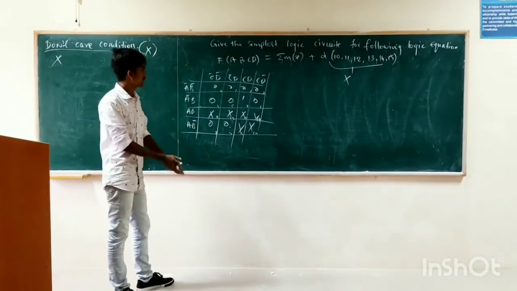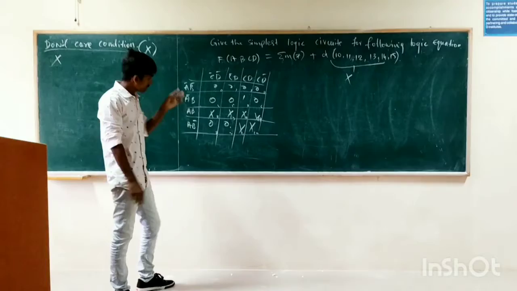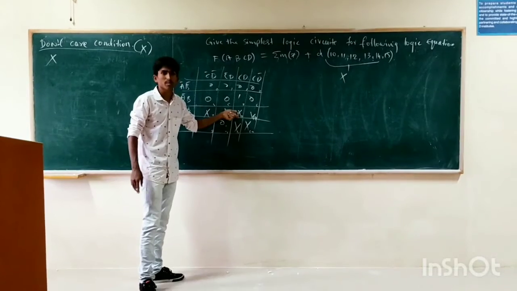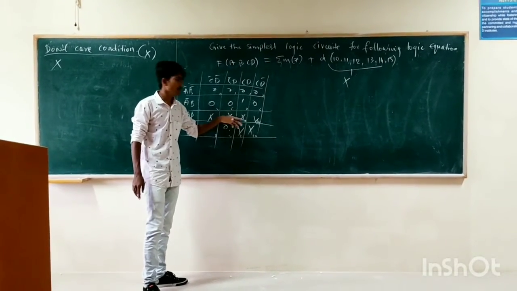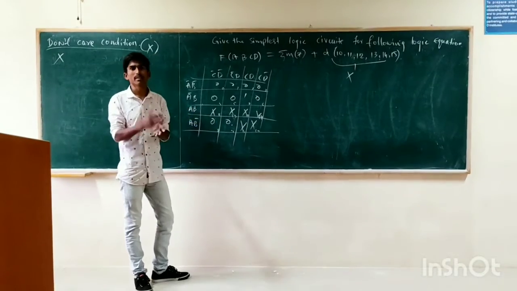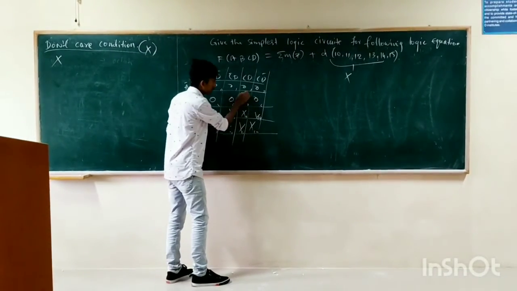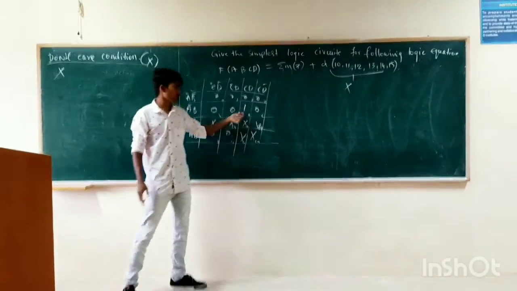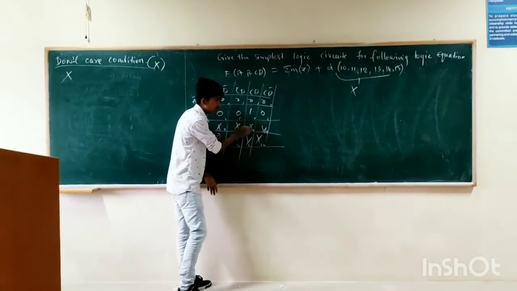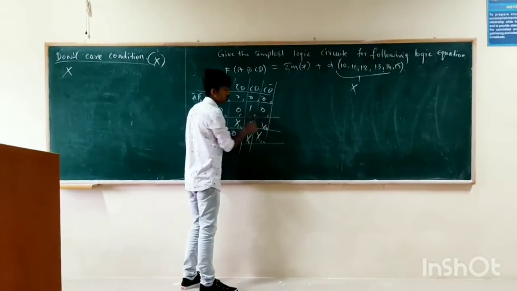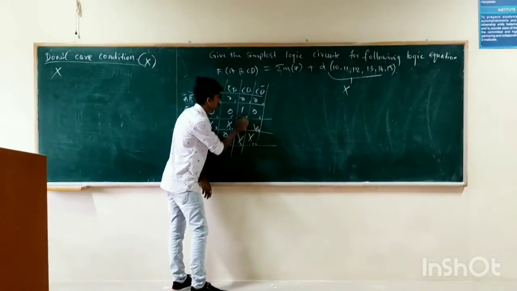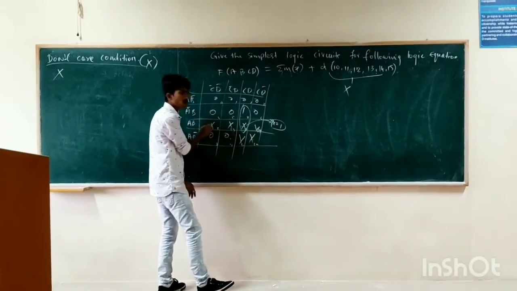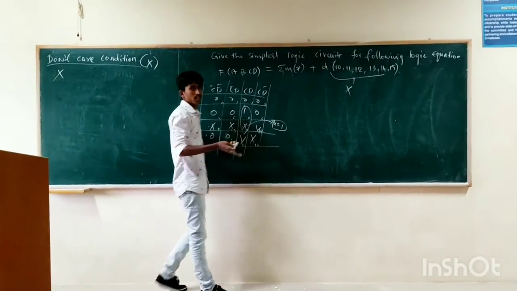And start grouping. How to make grouping here? See, original value 1: if we have any adjacent x, we can make that one as 1, and the remaining x's are made 0. Means if you have an original 1 value in a K-map, the x adjacent to it we can make a 1 to make the group. And all the other x's, leaving this one, imagine as 0.